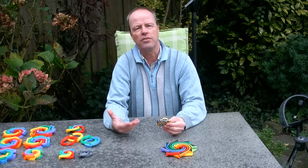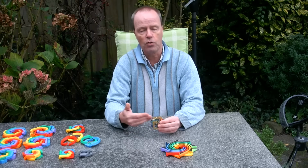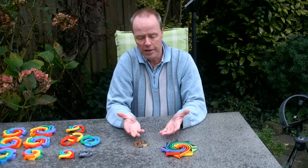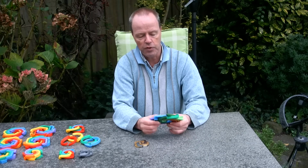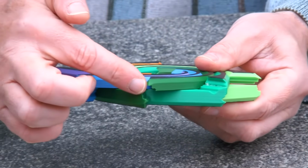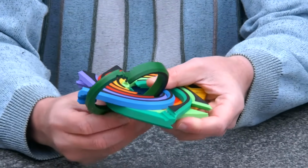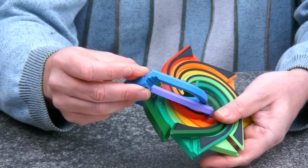And it took me 1.5 years, but finally it hit me. With this original concept, I could never go beyond 4 pieces, because if you go beyond 4 pieces, then you will get into a parity problem and you can't swap them anymore. But when you have these pieces and their mirrored versions, suddenly you can get to 8. If you see at the side, we have one type that is closed at the outside and open at the inside, and we have the other type that's open at the outside and closed at the inside. So here you see this heart shape. Here the heart shape is closed at the inside, and for the other pieces the heart is closed at the